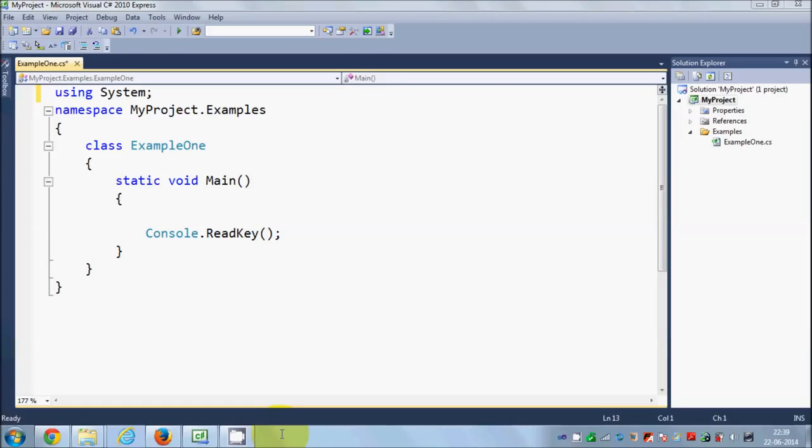Hello guys, in this video I'm going to teach you about built-in data types in C Sharp. Built-in data types in C Sharp are the data types which are provided by C Sharp to us. For example, in the last videos I have used a data type like int